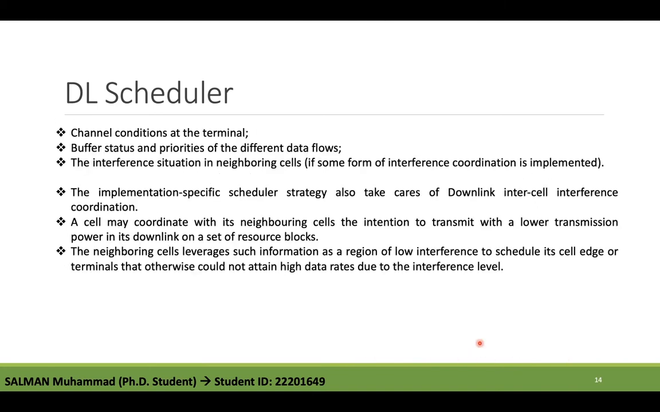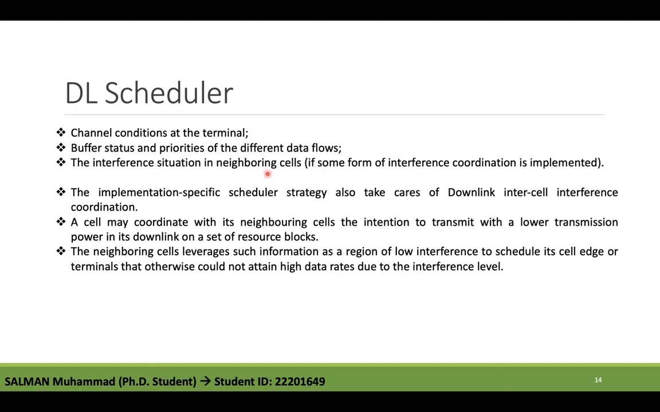The scheduling decision is communicated to each of the scheduled terminals through the downlink L1/L2 control signaling using the PDCCH per downlink assignment. However, the overall goal of most schedulers is to take advantage of channel variations between the terminals and preferably to schedule transmission to a terminal when the channel conditions are advantageous. Most scheduling strategies therefore need information about the channel condition at the terminal, buffer status and priority of different data flows, and the interference situation in neighboring cells,